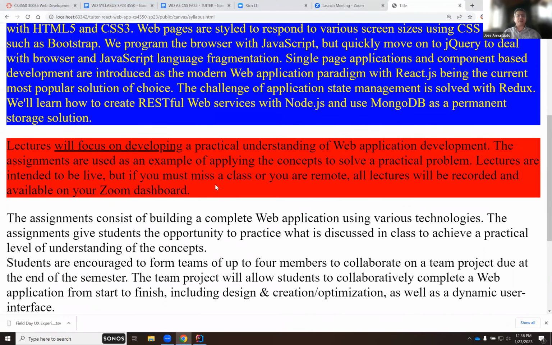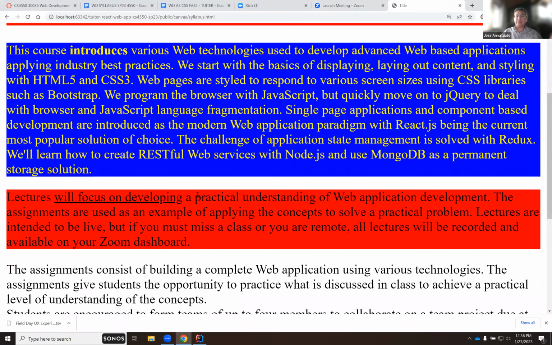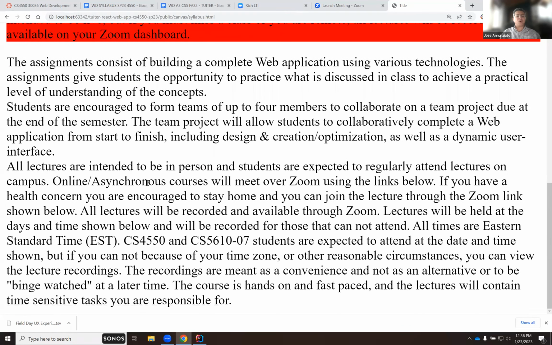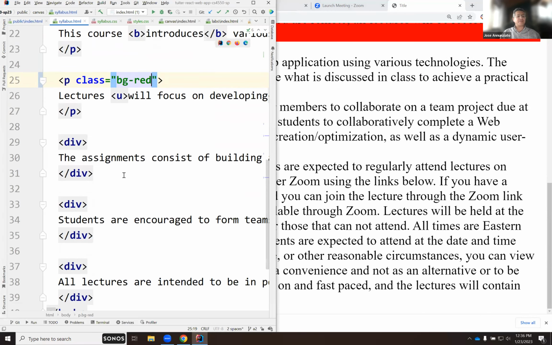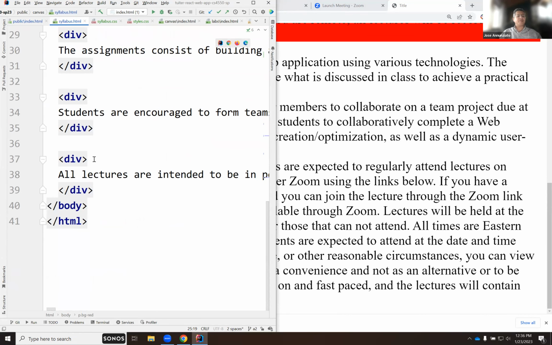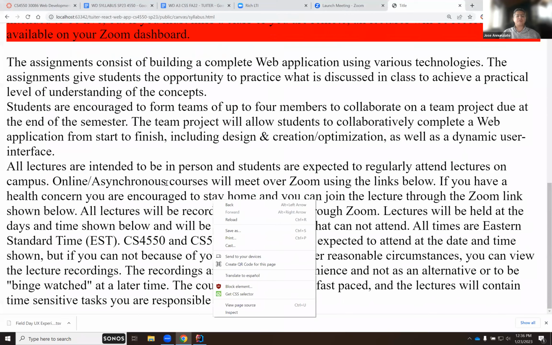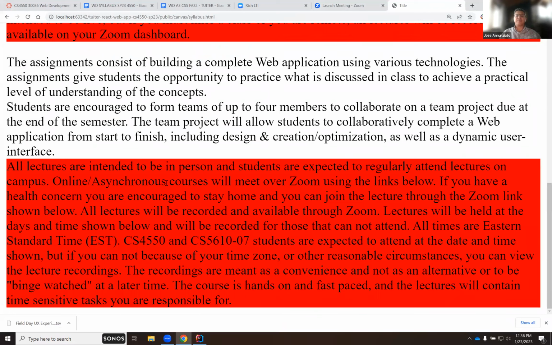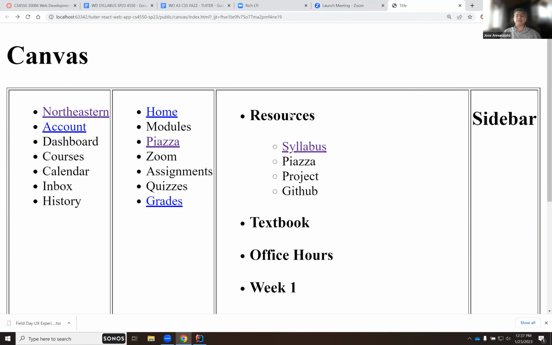And notice that it applies not only to headings, but I can apply it to paragraphs. I can apply it to anybody I want. Or to this div down here. Maybe I'll apply it to this one div here. I can say class BG red, and I can render that, and now it becomes red. And because I declared it in a global style sheet, anybody who includes that style sheet can apply that class. So for instance, if I go back here and I want to apply it to, say, Northeastern,